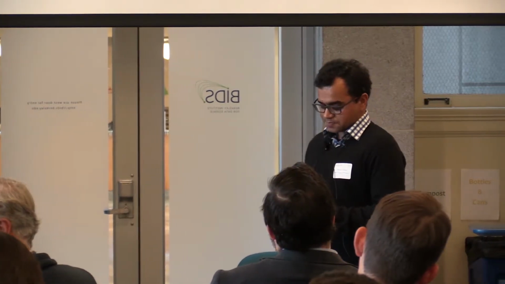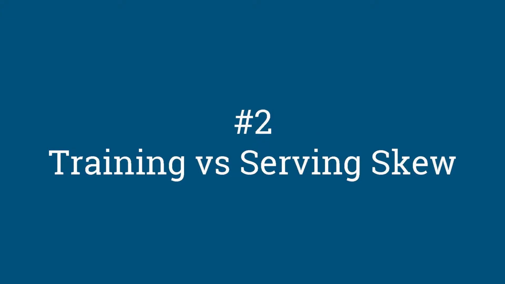Now, that's the first lesson. Second is training versus serving skew. Like I gave a hint in my last example, whenever you have features, you need to make sure those features are available at serving time. And whenever these features are not available, this training versus serving skew comes into play. And this is a common source of bugs I have seen in multiple systems. It's not just one system. Whenever we go, we make sure that if the system is there, are we able to grab all the metadata, all the features we use at training time, at serving as well.